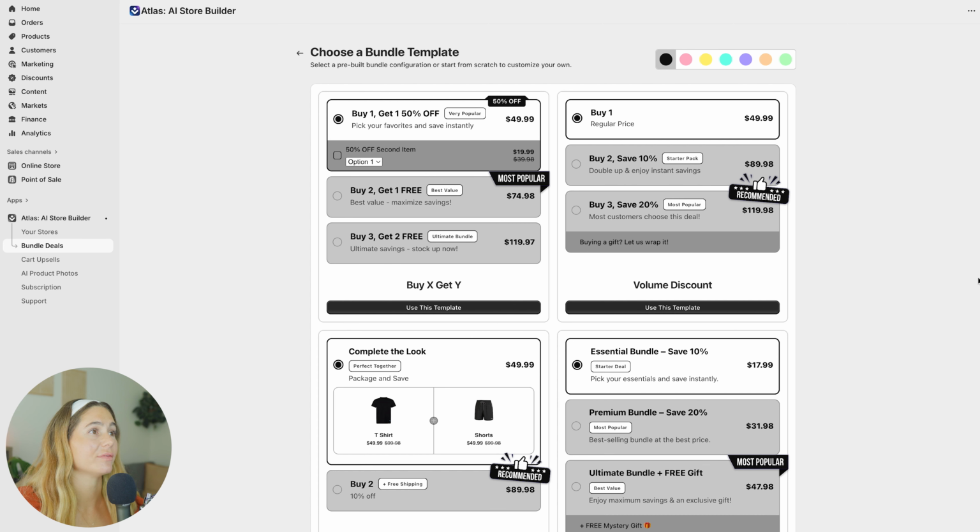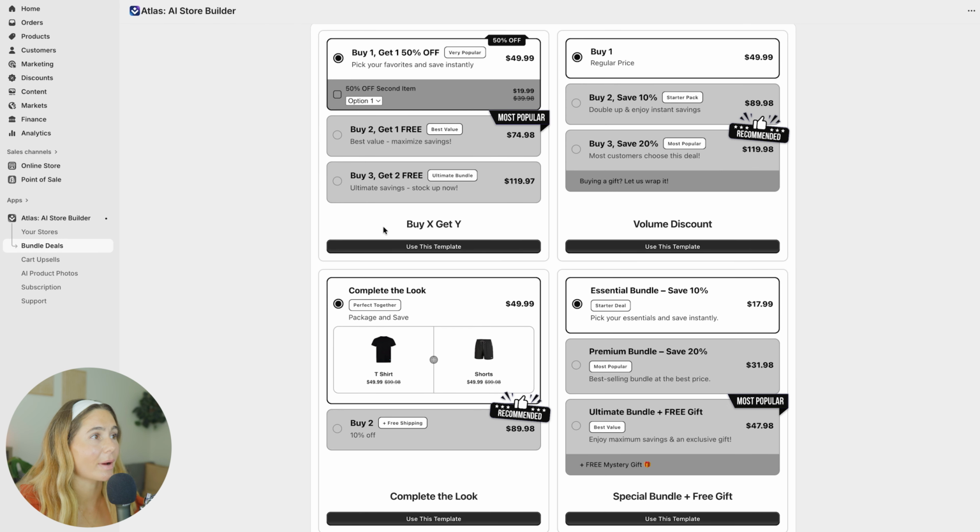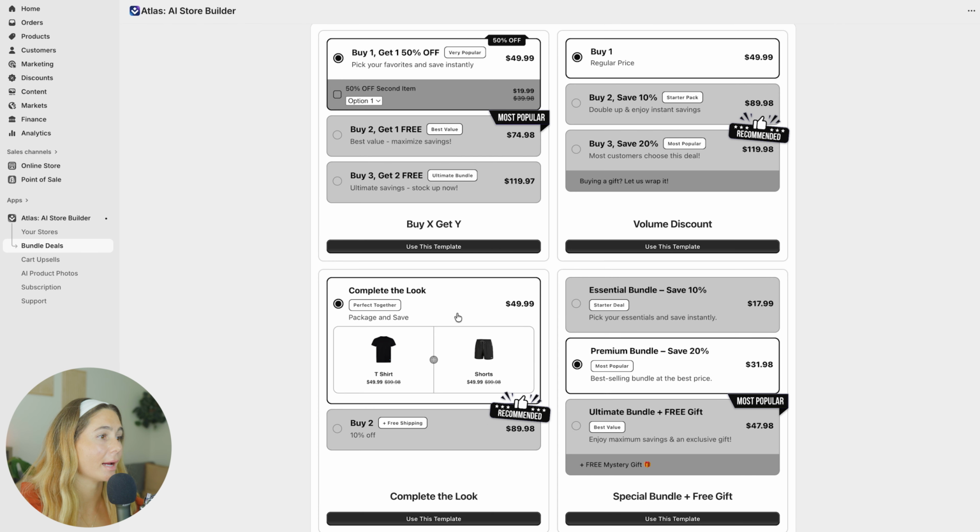We can choose from any of these bundle templates. Buy one, get one 50% off, buy two, get one free. We've got buy two, save 10%. So that's buy X, get Y. They've got the volume discount. We can complete the look, or we can do an essential bundle to save 10%, a premium bundle, right? So again, you can also create from scratch as well, or create using AI, but I kind of like the